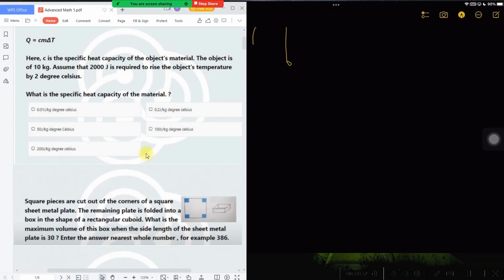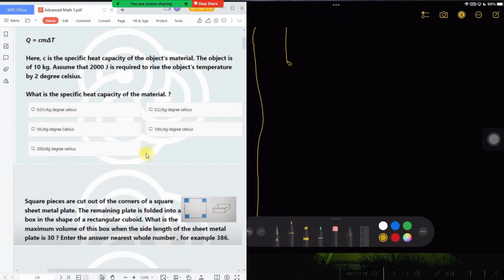Okay, so you should be able to see things from this side. Okay. Okay, so here,